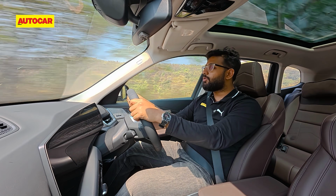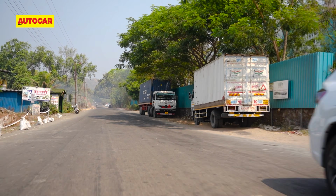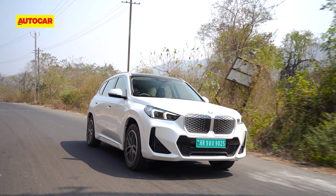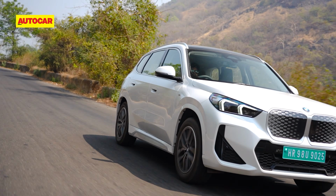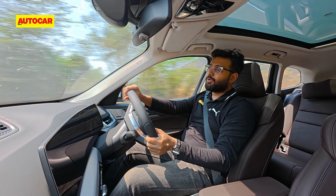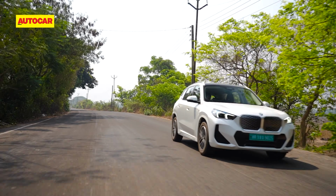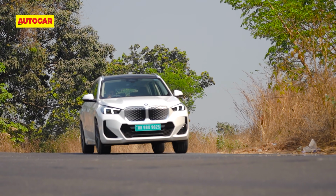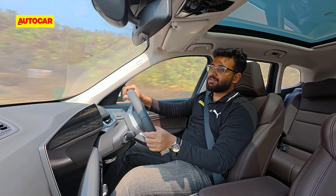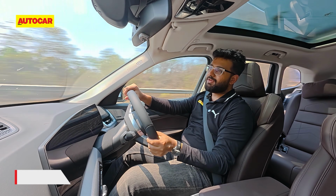It drives almost like an ICE car, and that has to do with the way the power is delivered. Very linear and none of that shock that you expect from EVs. It's all instant, it's all there, but just the way the throttle is set up, you can gradually squeeze it and it will gain pace. And into the corners, the steering calibration is just spot on. Of course, it gains a fair bit of heft once you change into the sportier setting, but even as is,